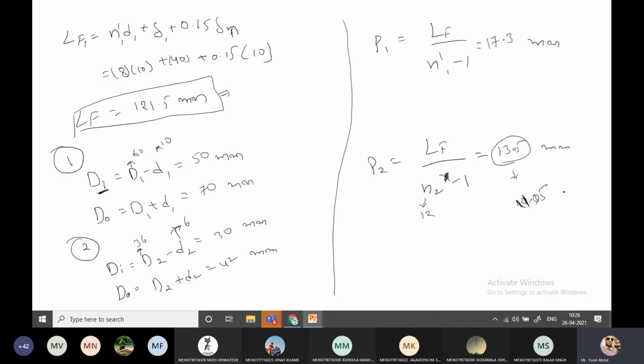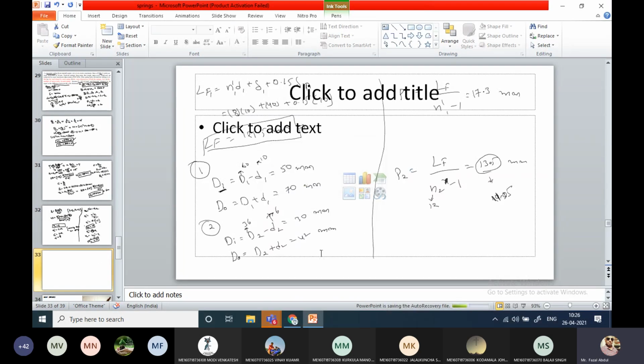Regarding today's topic, do you have any doubts, Babu? With this, the design of helical spring topic is over, and one more topic is left, that is design of leaf spring. With that, we are going to complete the first unit, design of springs. Do you have any doubts from the start to the end of today's topic? You can ask. No, sir.